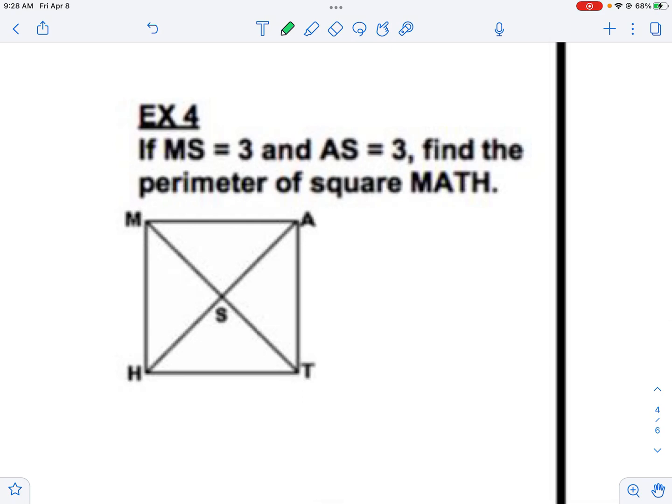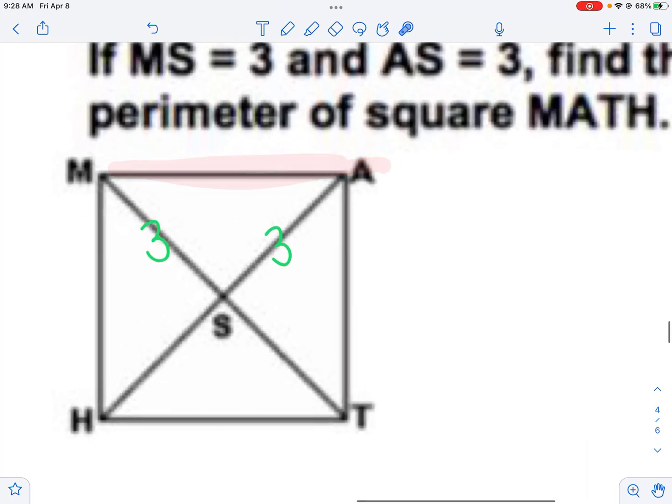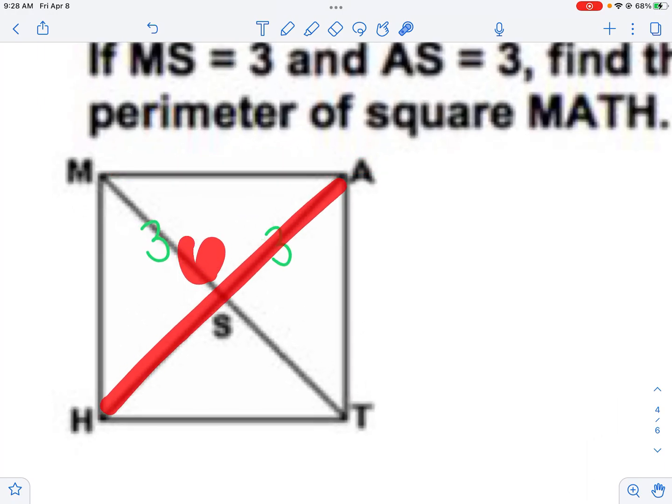Okay, and then for this one, it tells me that MS is 3. And then I know that AS is 3. And then it wants the perimeter of the square. I know that this piece is 3, so that piece is 3, which would make this whole thing 6. What I need to do is find this piece right here. I can do it a few ways. I can pretend that this is 6 and then try to work backwards to get that. But if I also remember